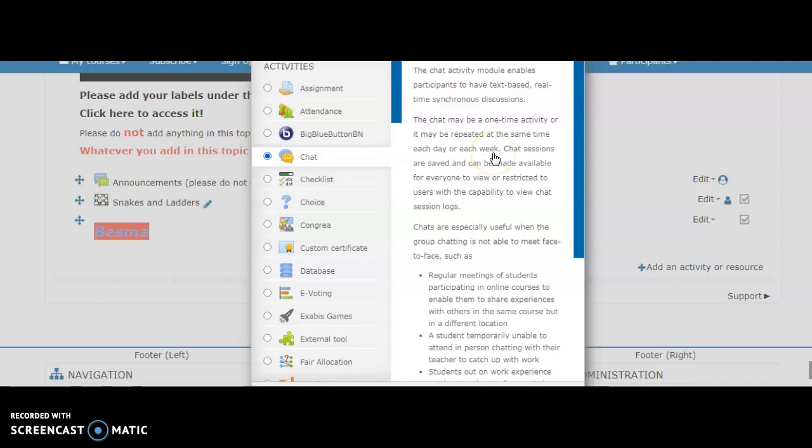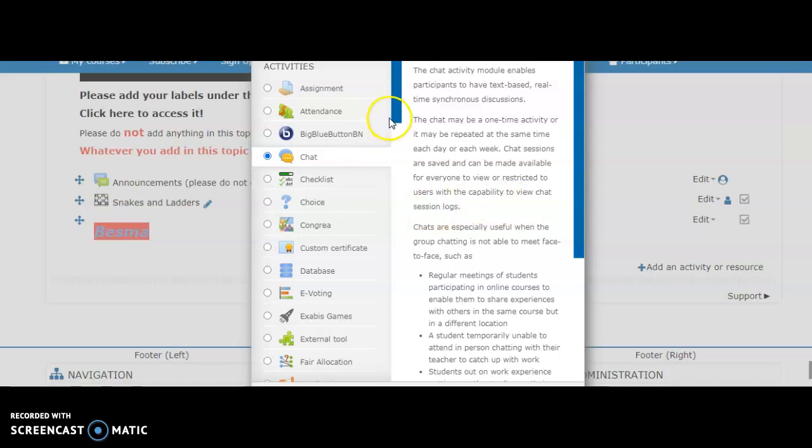So you can have a facility where a person can chat at any time, and the chat sessions are saved and can be made available for everyone to view or restricted to users with the capability to view chat session logs. So this is also a very good facility.